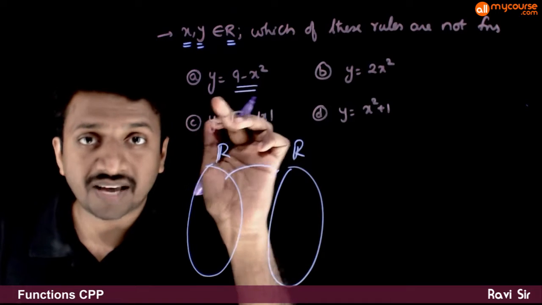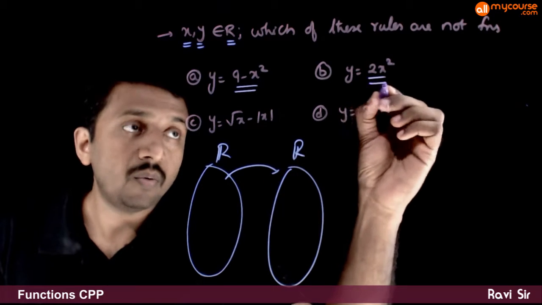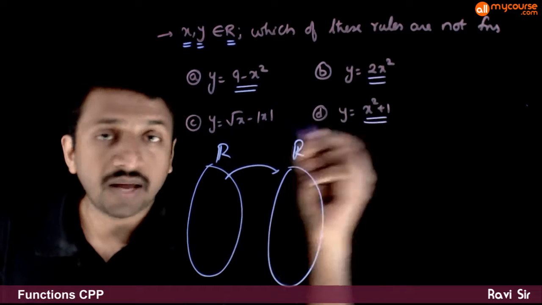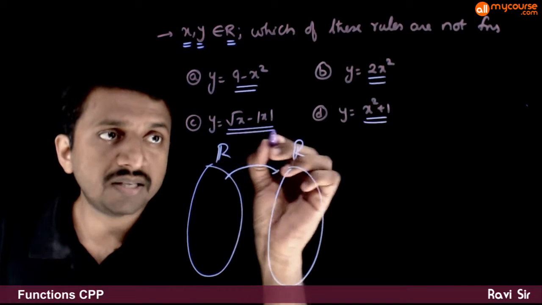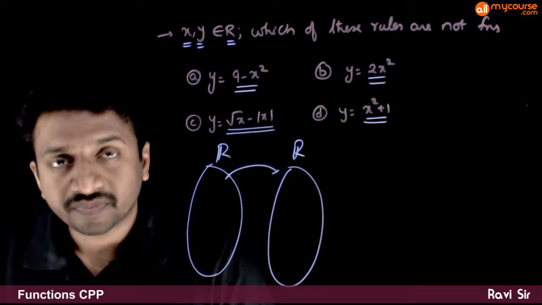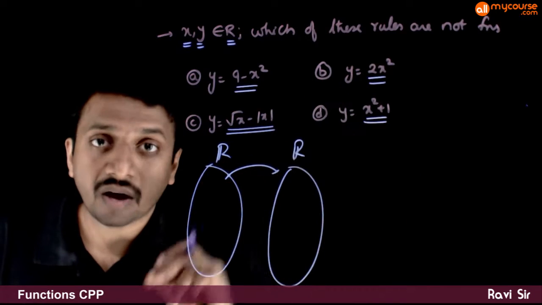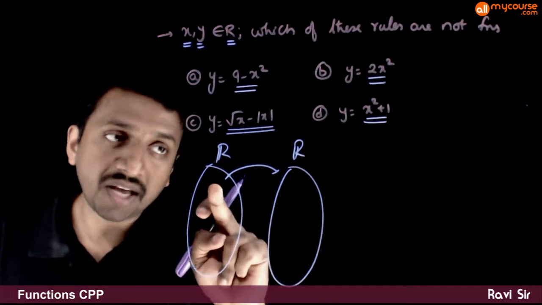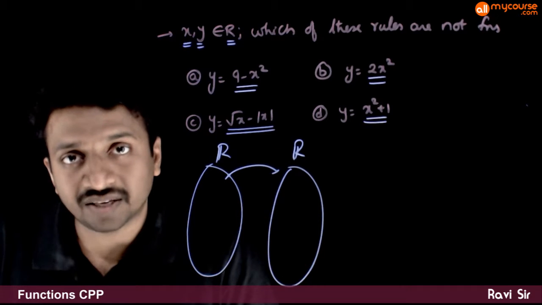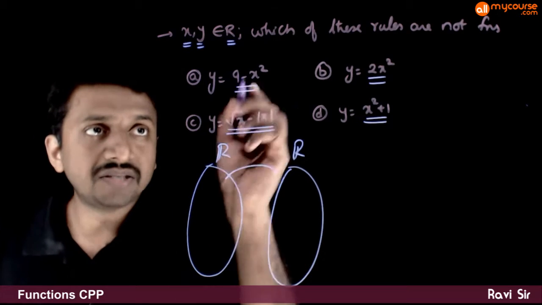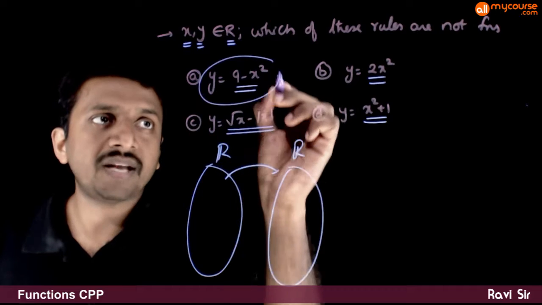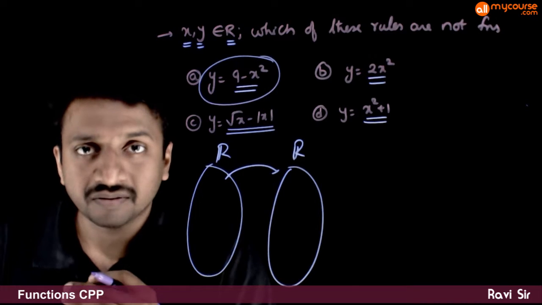The first option is y equal to 9 minus x square, y equal to 2x square, y equal to x square plus 1, y is equal to root x minus mod x. You have been given 4 rules. So which of these rules are not functions from real numbers to real numbers? That's the question. So as you can see, y is equal to 9 minus x square is obviously a function,